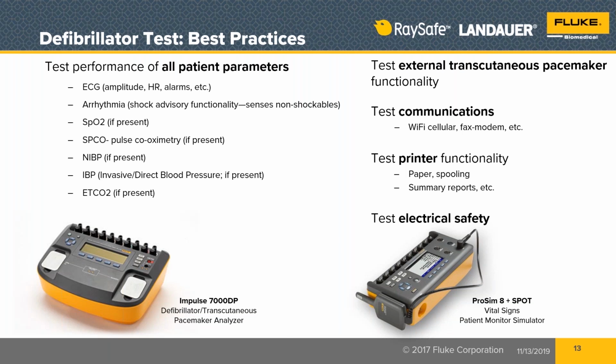And you need to have a test instrument capable of doing the functional test for that pulse co-oximeter. You cannot do it with a regular oximeter tester. These devices are actually measuring the amount of oxygen carried by the hemoglobin in the blood. Unlike